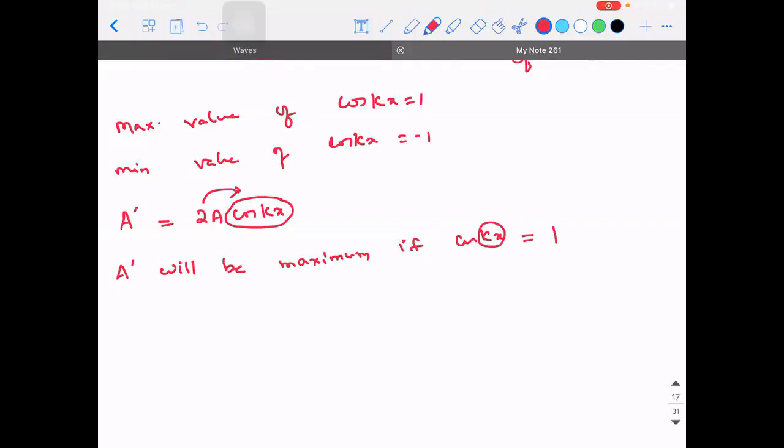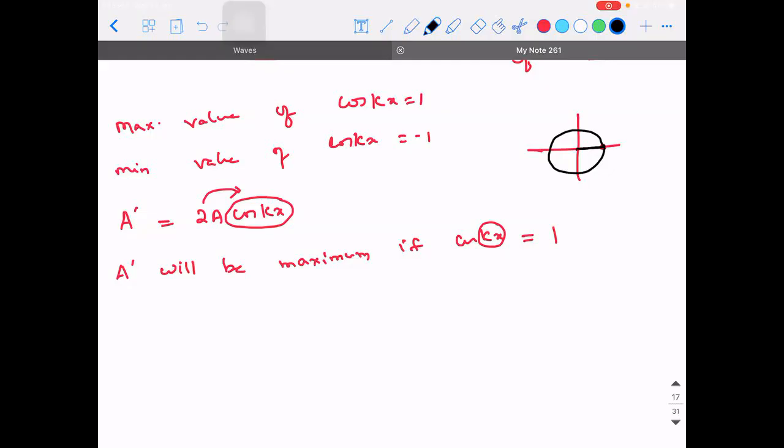So cos 0 is 1, that is right. But when you take a trigonometric function as a circular function, 0 means the line is coinciding with the x-axis. When it completes a rotation of 360 degrees, again the line will coincide with the x-axis, right? When it has completed one complete revolution, what is the total angle it has covered? 360 degrees, in terms of radians, 2 pi.